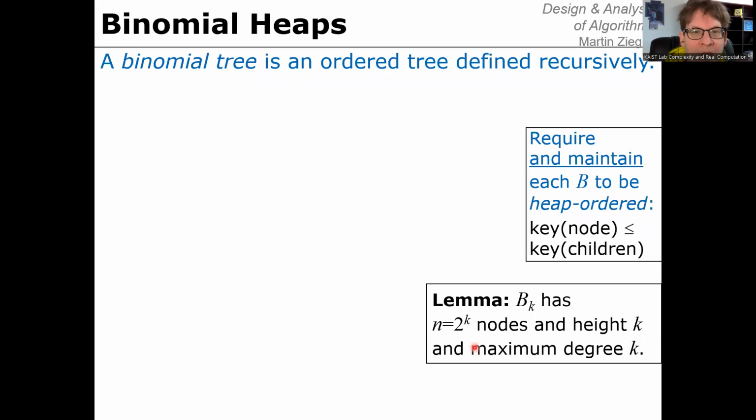So we just talked about binomial trees, and now we can proceed to talk about binomial heaps, which are collections of binomial trees. Collections in such a way that now we can finally store an arbitrary number of nodes, not just powers of 2, by collecting binomial trees of appropriate arity. And this is a similar kind of